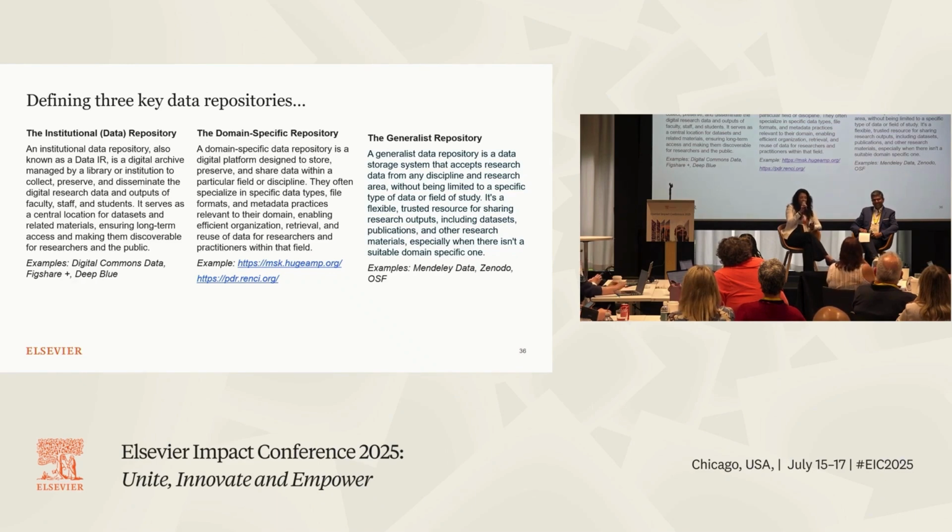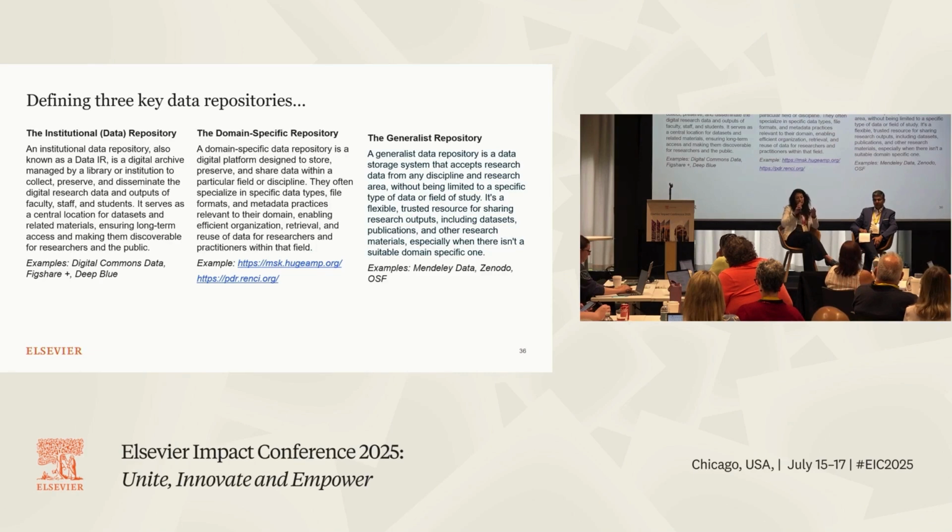Okay, so we've talked about it a little bit through the poll, but I want to define the current three types of data repositories, just so we're really clear. The first one is the institutional data repository, not to be confused with our classic institutional repository that we are here for, but rather similar to your institutional repository. This is a repository that allows you to showcase only your data sets and to manage them in that instance.